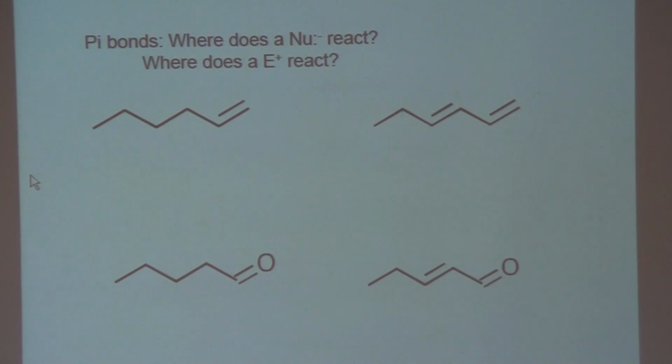In my flow electrons over here, I guess the electrophile can go over to here. It's like addition reactions. There's substitution in